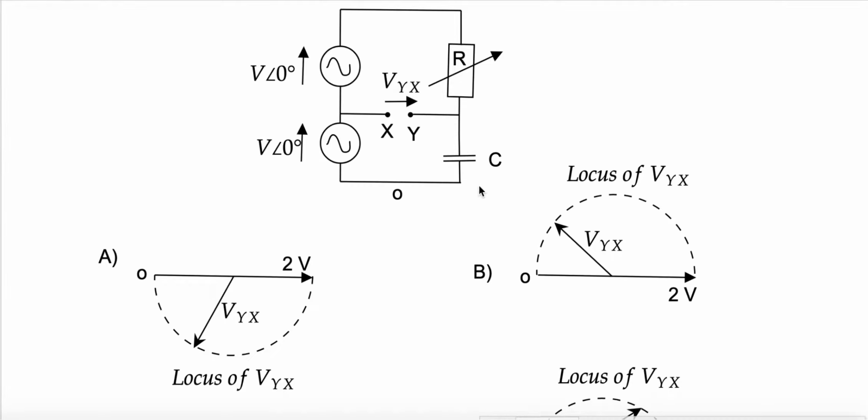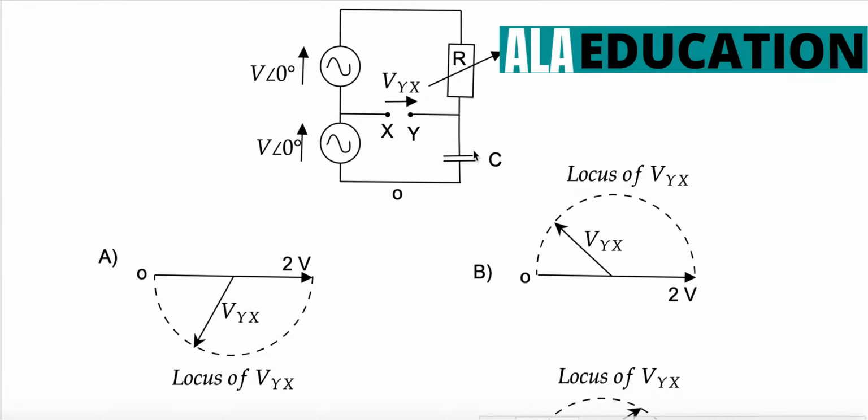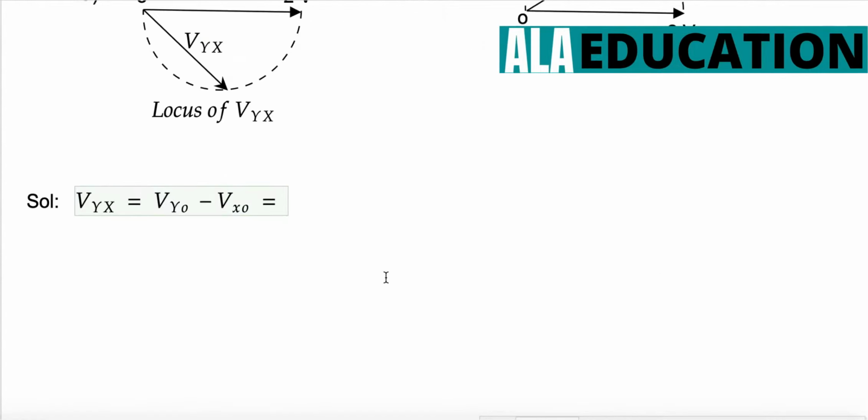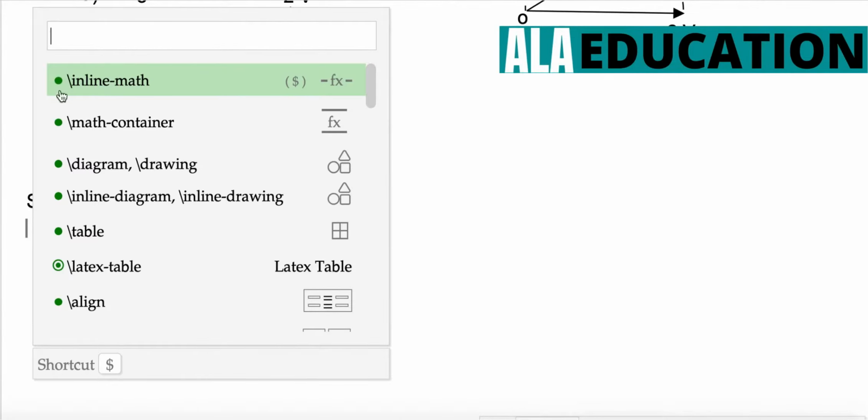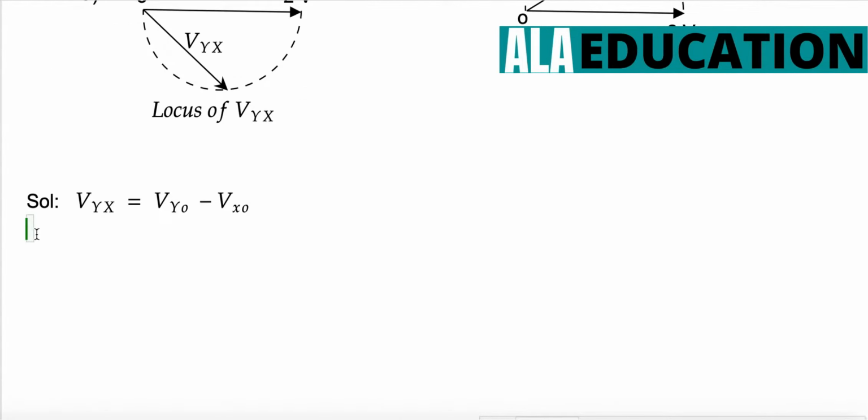The voltage across the capacitor. How to find the voltage across the capacitor? First figure out what the current is. Current into this impedance will give you the potential at this point with respect to O. Since only the capacitor is connected between Y and O, that is the potential across the capacitor. So let's figure out what I is.